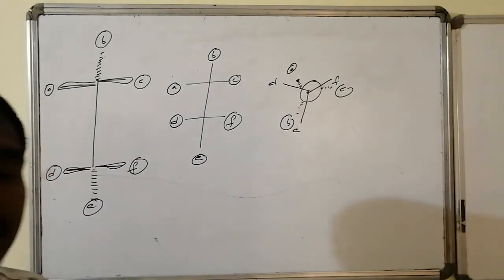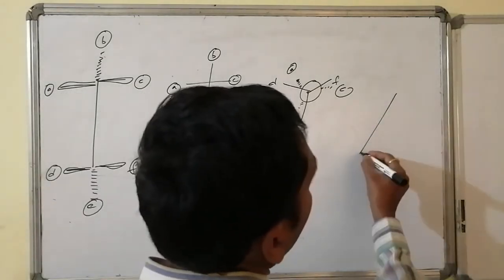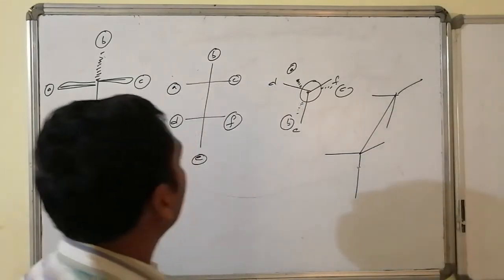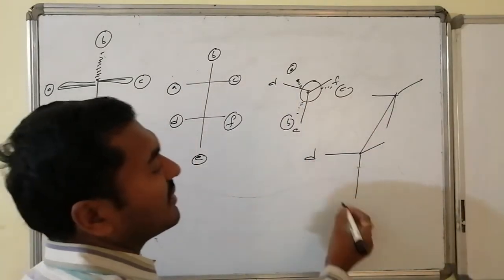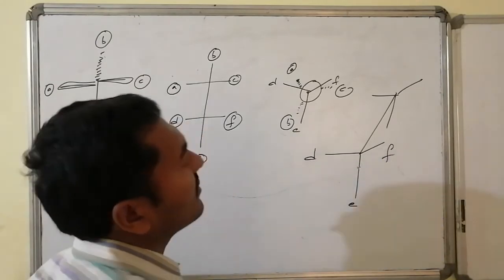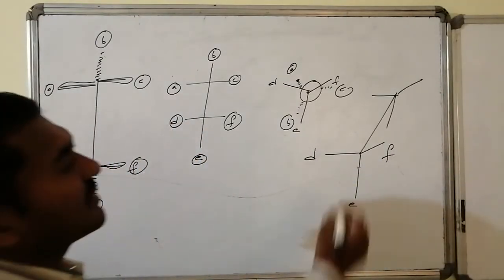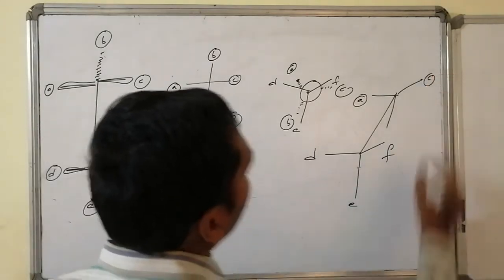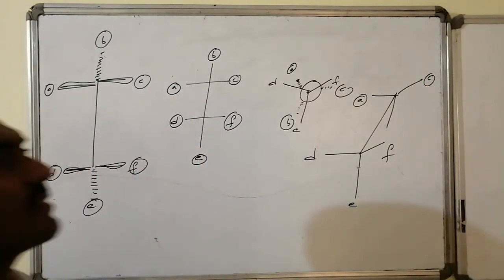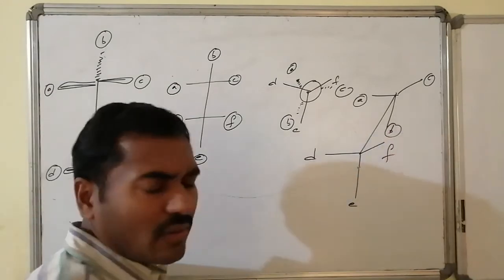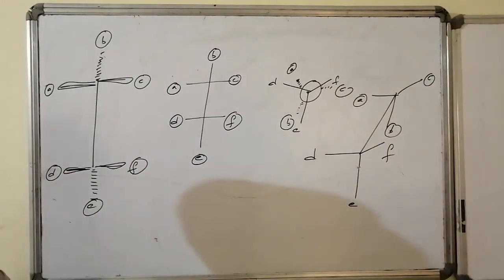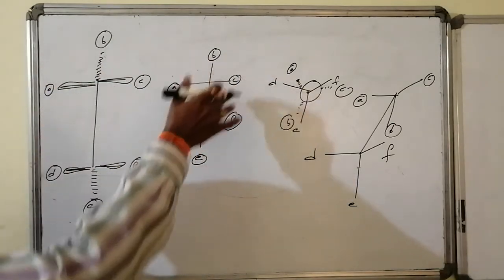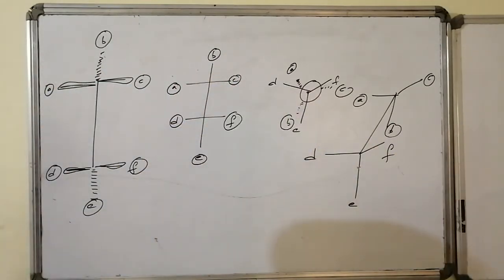If it is written in its immediate Sawhorse presentation, it is the eclipsed one because it is an eclipsed system. So here DEF is there, DEF is there, whereas D is covering A, so this is A. F is covering C, hence it is C. E is covering B, hence it is B. Now I can get all varieties of models also. I can apply the even rule here, here, and here, at the Newman and at the Sawhorse.